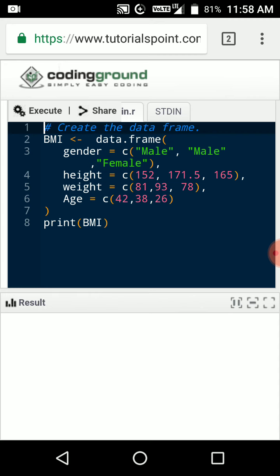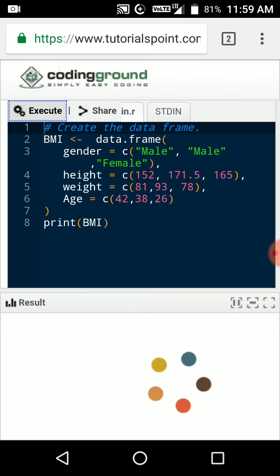And we are also representing age with the help of the c function. And printing the BMI, we are printing this whole set of different data types which we can represent within the frame, that is the data.frame. We are assigning it to BMI, which is a data.frame object. We are printing the data.frame object.